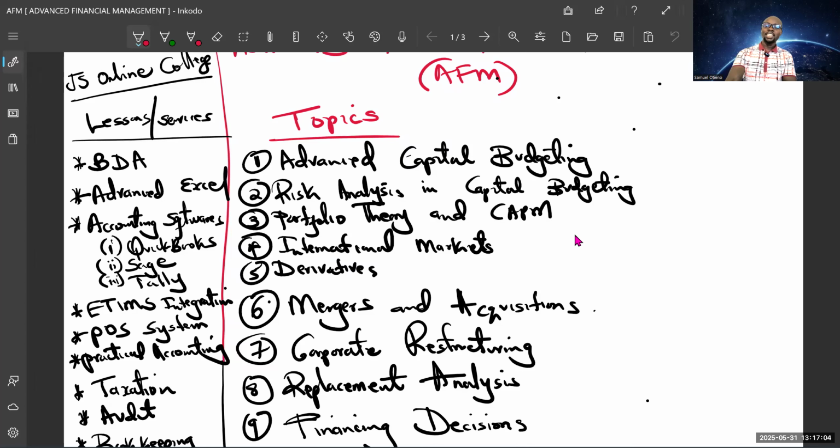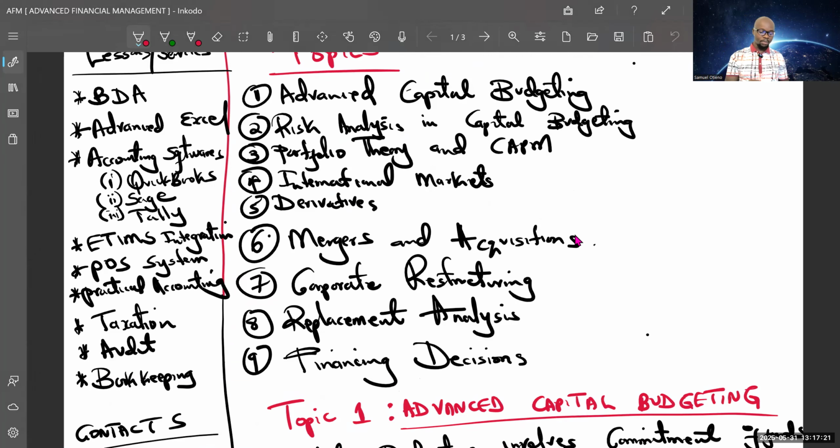Ladies and gentlemen, here we are again, continuing with advanced financial management. And the topic which we already started is capital budgeting. That is the topic number one in that syllabus coverage. And if you look at the coverage and the topics that we listed that we are covering, you see we